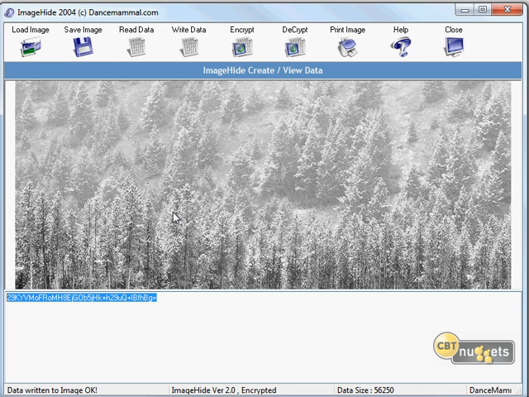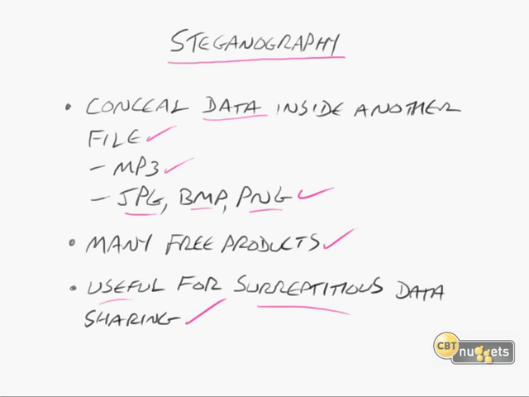Over on my other screen, I saved it as a PNG just to my desktop. So let's go ahead and take a look at the file. Okay, I'm double-clicking on the file on my desktop, and here it pops open, and you can get a little better look at the picture there. This was actually when I was lost in Montana. I was on a road. I don't even know where I was, and my GPS didn't know where I was either. So I just leaned out the car window and took this photograph while it was snowing. Anyway, it looks just like a harmless photograph, doesn't it?